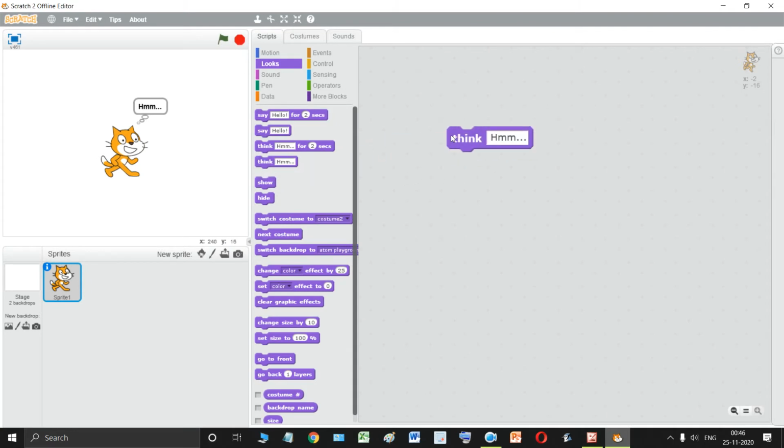Let me show you. So this thought bubble is going to be shown to you until and unless you press on this red button or it encounters another speech block. So now it is showing you say hello. So this will keep on showing you the message until you either press this button or you take another block and another block gets activated. Okay, so these are some of the blocks.